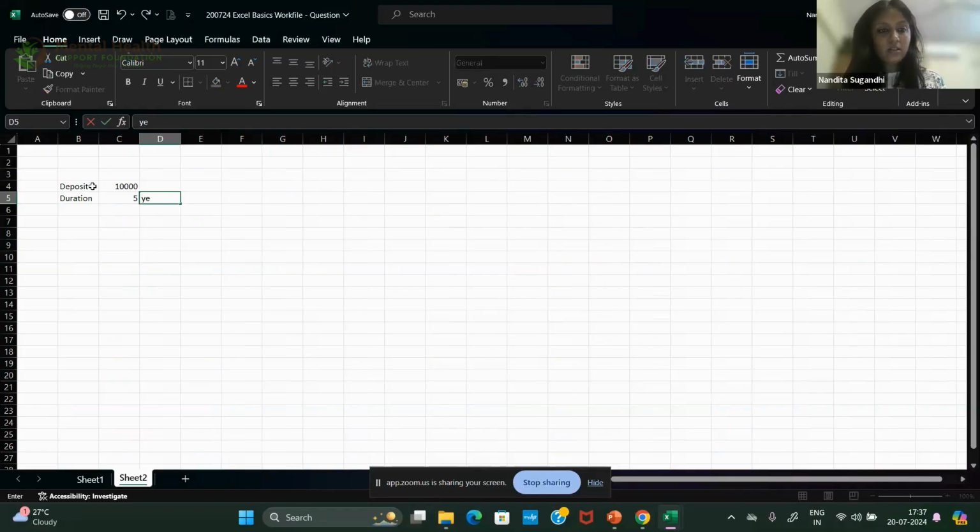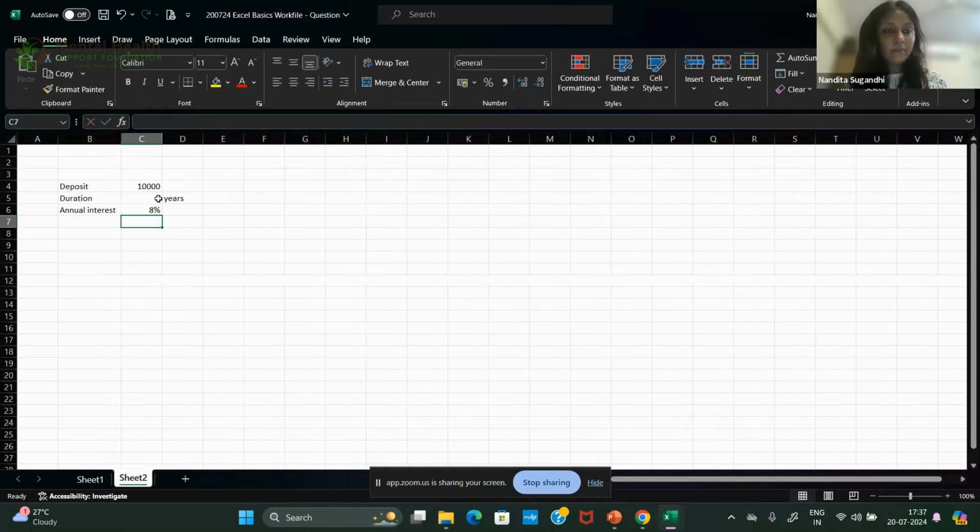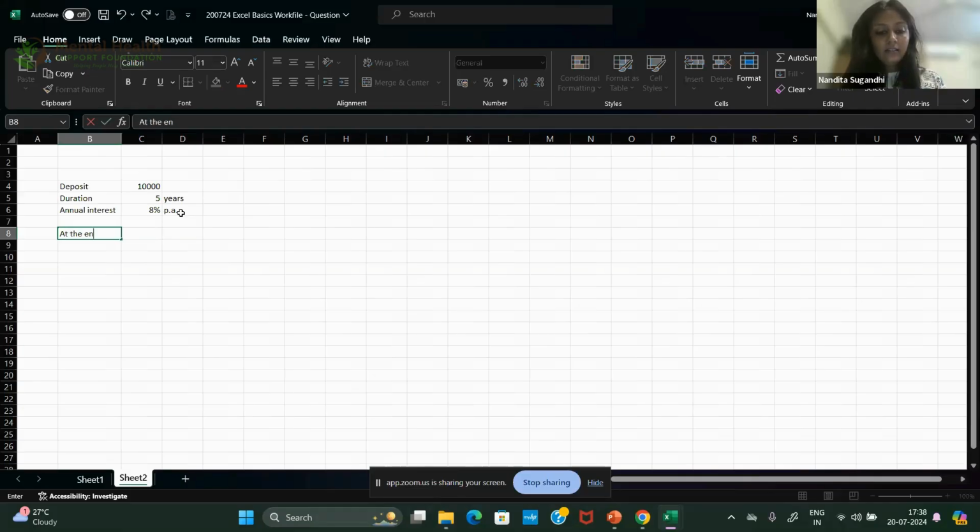duration 5 years. Your annual interest is, say, 8% per annum, compounded annually. Then what will be the total sum of money at the end?